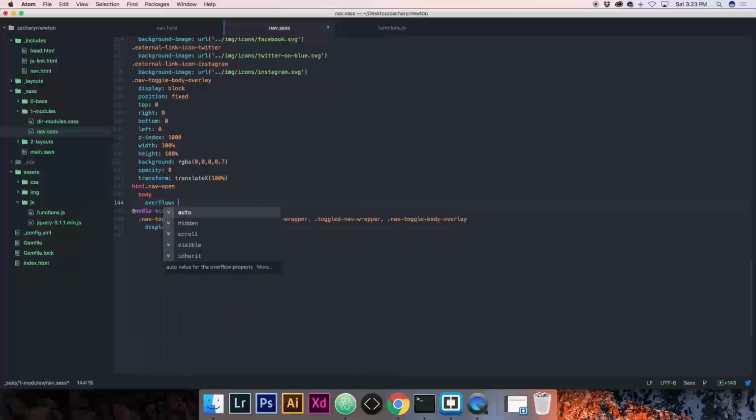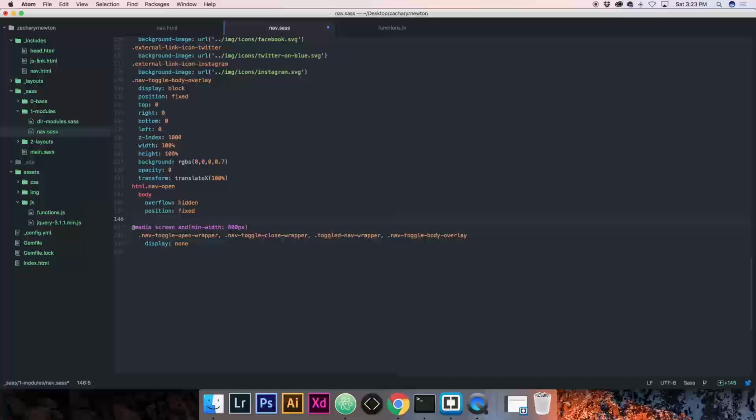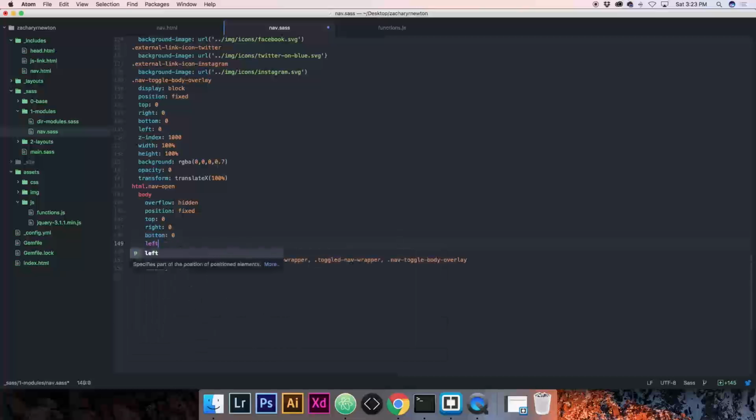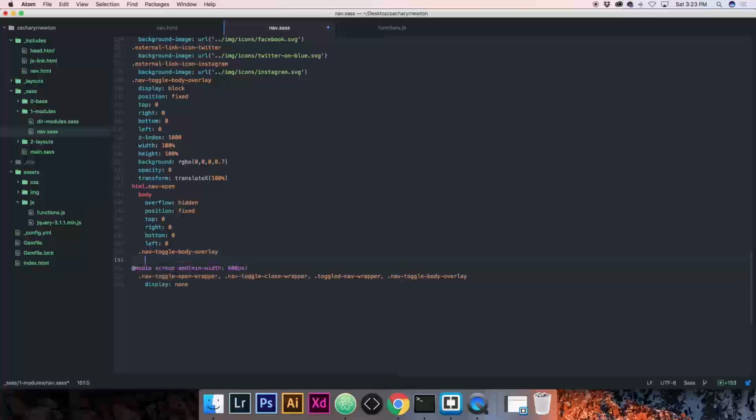We're going to make the body have an overflow of hidden, position of fixed, top 0, right 0, bottom 0, and left 0. And then we're also going to grab our nav toggle body overlay and say